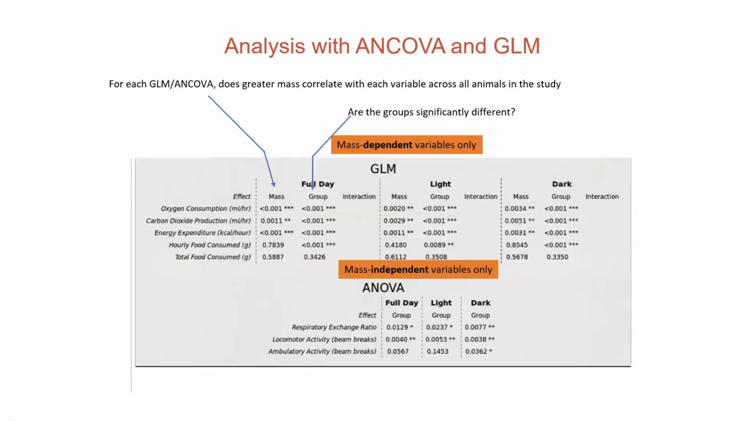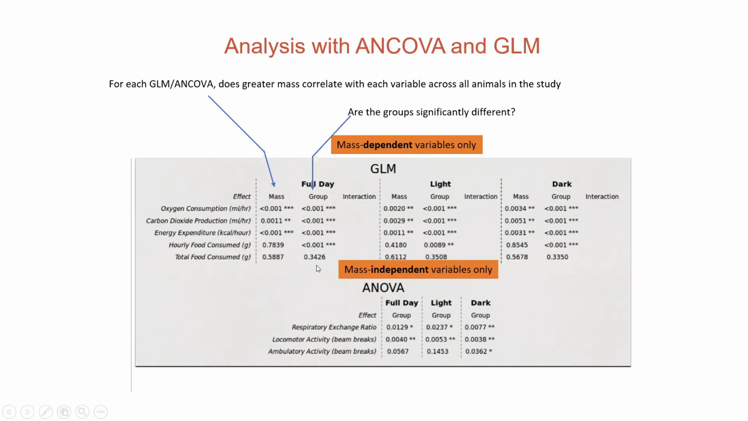And the last part of the CalR visualization is this analysis table. It's broken up into 2 parts. The top part is for mass-dependent variables: oxygen consumption, carbon dioxide, energy expenditure, and food intake. So it's plotted as mils per hour, whether you have a significant mass effect and whether you have a significant